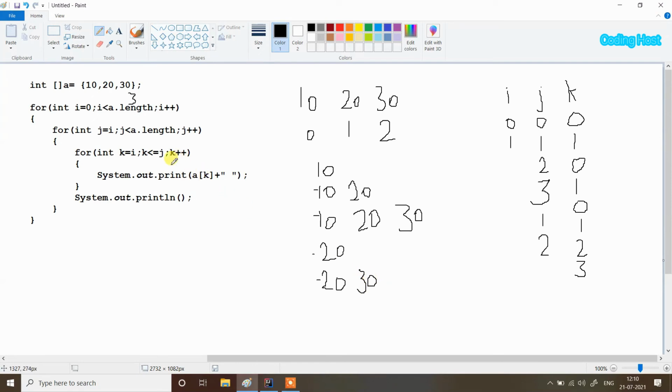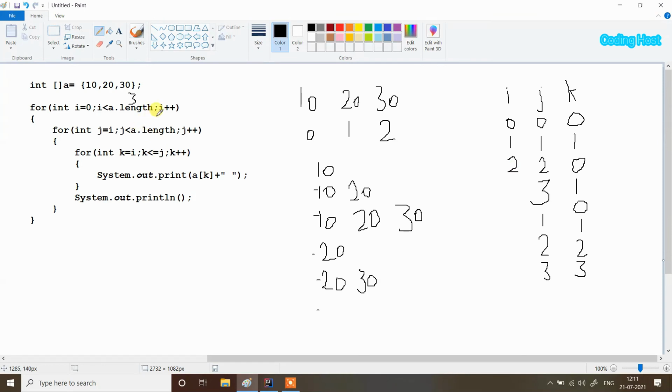and after that this for loop will break when the value of k increments, and it will go to the next line here. After that you can see j will also increment and become 3. So here it will again check that j is less than a.length, so j is 3 and it is not less than a.length, so this for loop will also break, and after that i will increment, so now i will become 2.